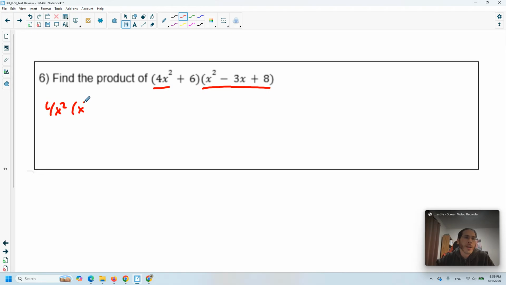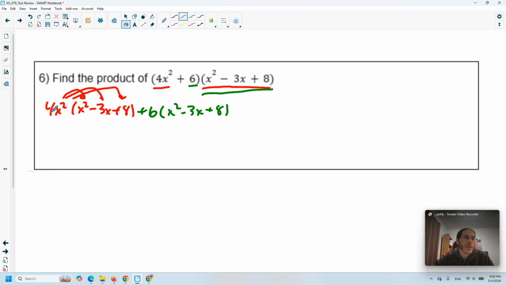And then multiply that all by x squared minus 3x plus 8. Then we're going to have the 6 and also multiply it by x squared minus 3x plus 8. So if we distribute here now,